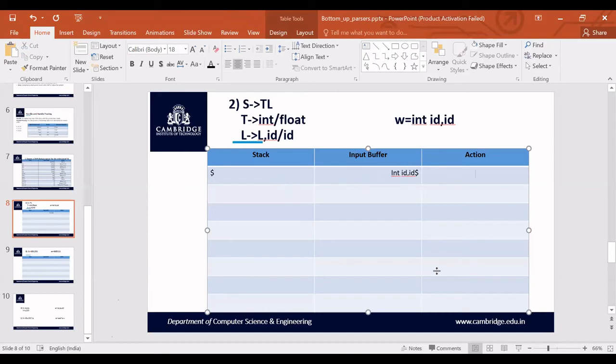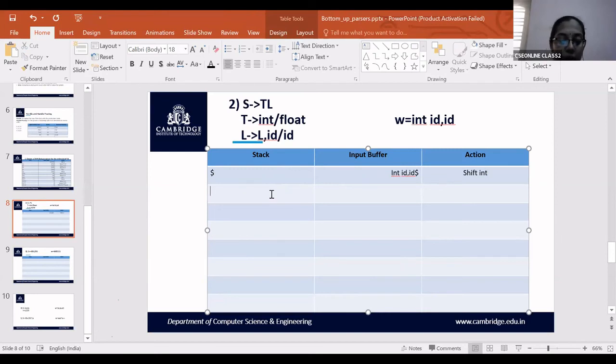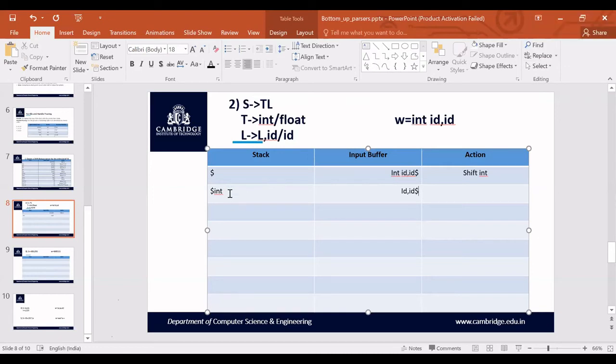Int. So shift int onto the stack top. So the stack top will have int and the input buffer will have just id comma id and dollar. Now, do you have a production rule which can be reduced?